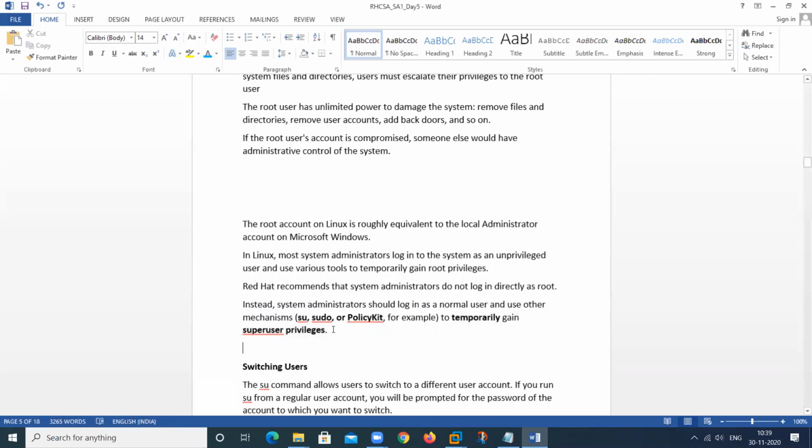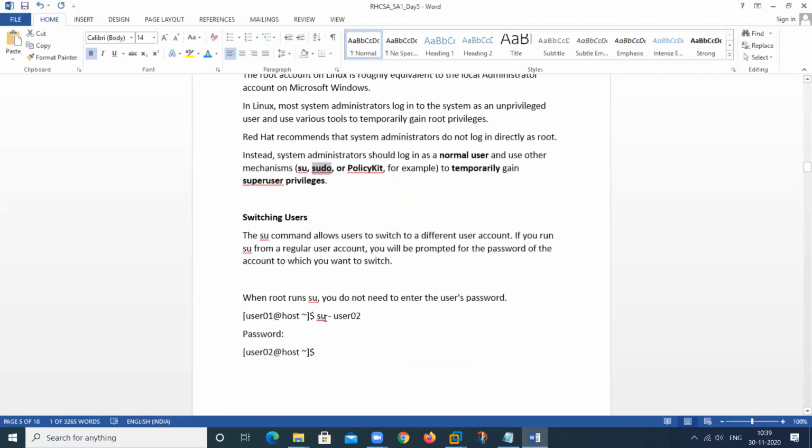So when the user runs the command, at that time that command will run as the super user. So we can provide permission to any regular user. How to provide the permission to use the sudo command, I will show you.